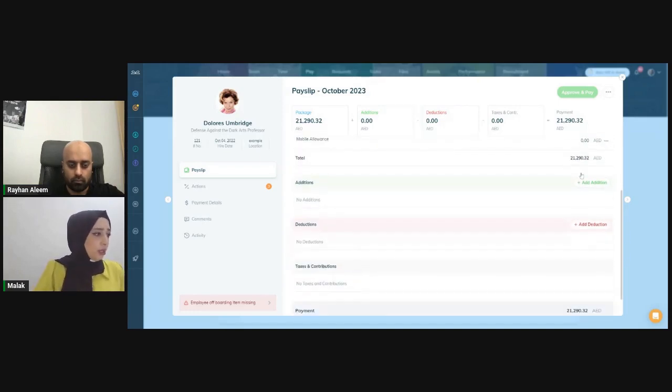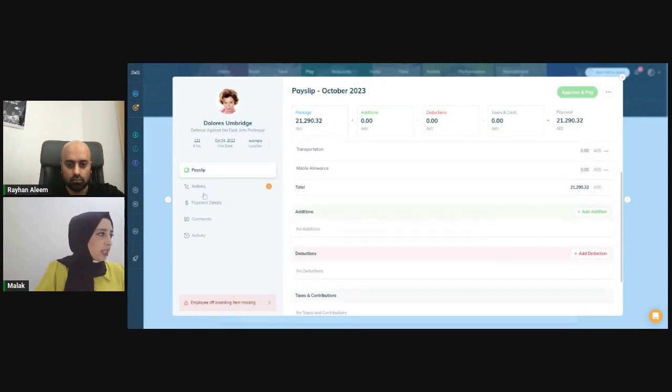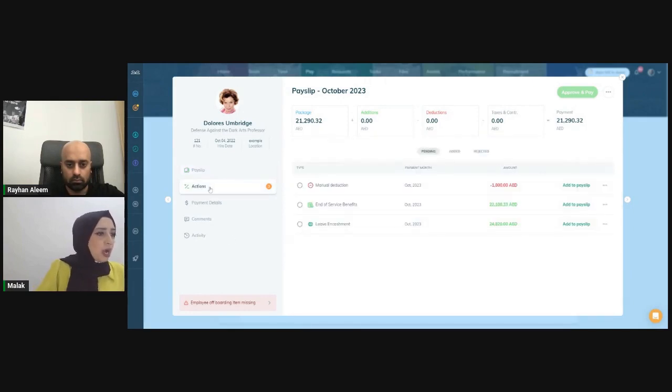In the payslip we see here, we don't see the end of service yet. And that's because it's actually in the action center here. We're going to see we have the leave encashment value that we just looked at in the end of service settlement, end of service benefit here, which is the actual EOS, and the manual deduction we put for the damaged laptop. So I can then now select all of these actions and I'm going to add them to the payslip